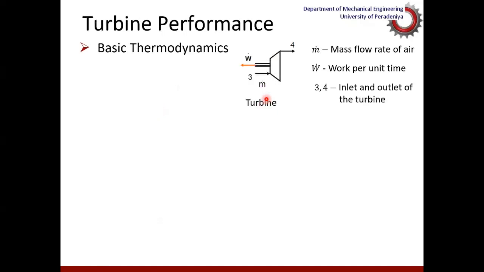On the other hand, if you look at the turbine side, the turbine is supposed to give work out from the turbine to run the compressor. So number 3 is the exhaust gas intake into the turbine, and number 4 is exhaust gas out of the turbine. And the turbine work is W. So work per unit time is W dot, which is the power. So if I define my turbine efficiency in the form of actual power divided by the ideal power.